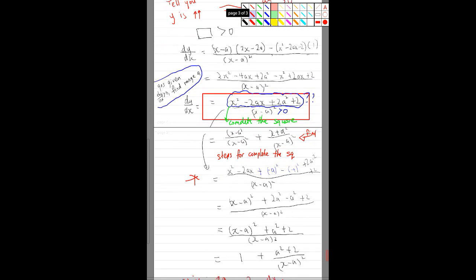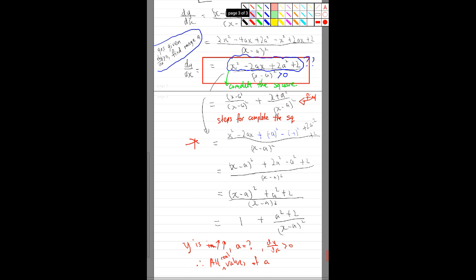So we scroll further down. We say that you need to add half the coefficient of 2ax, and then minus a square. So then after that I will have this, and from here we learned that